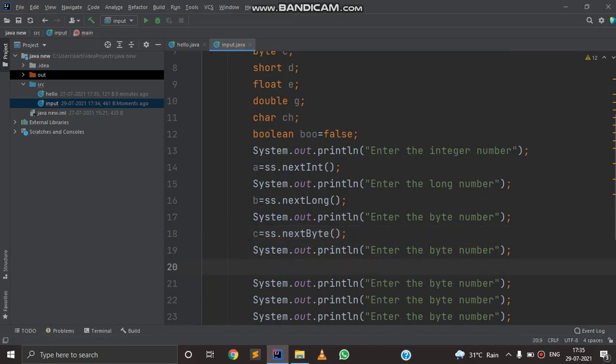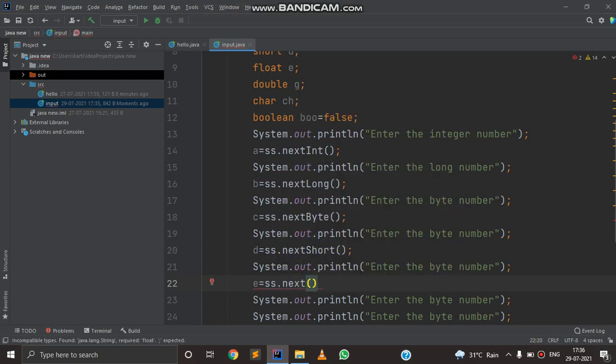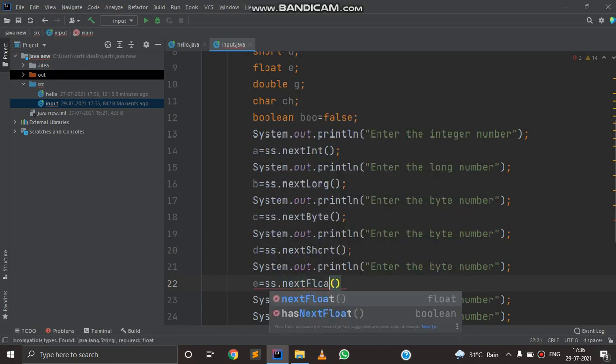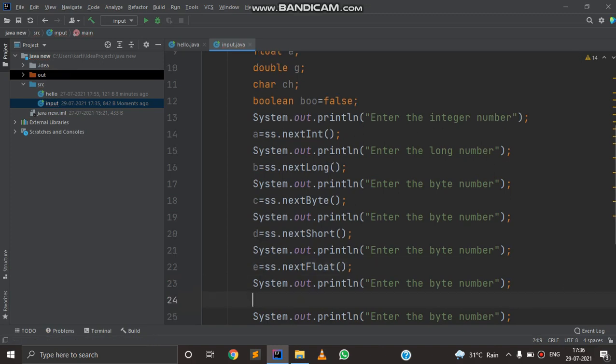Now I'm going to take input for short, ss.nextShort. Now I'm going to take input for ss.nextFloat. Now I'm going to take input for double.